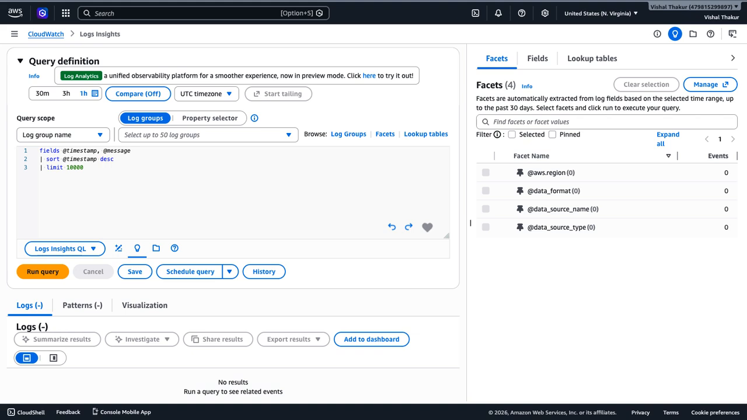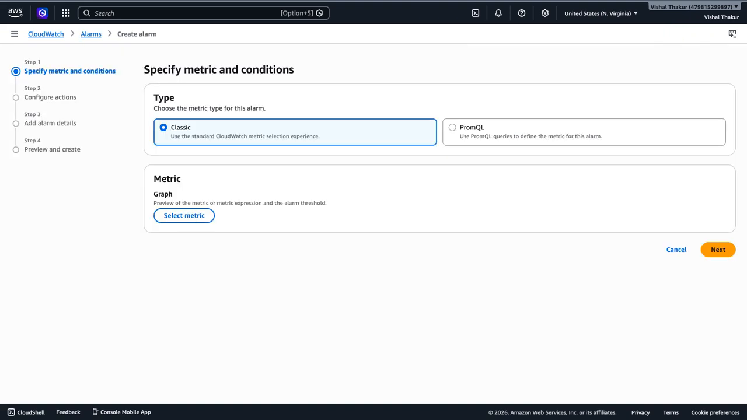That one skill turns hours of scrolling into a 5-second answer. Now alarms, the smoke detectors. This is the Create Alarm wizard, and you can see the steps on the left: specify the metric and conditions, configure actions, add details. You pick a metric, set a threshold, say CPU above 80%, and how many periods it